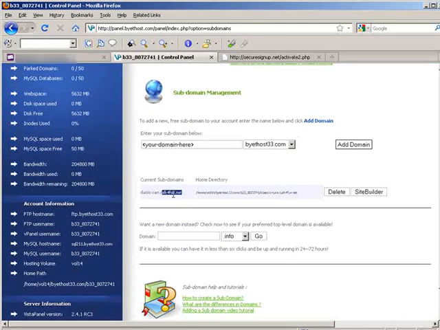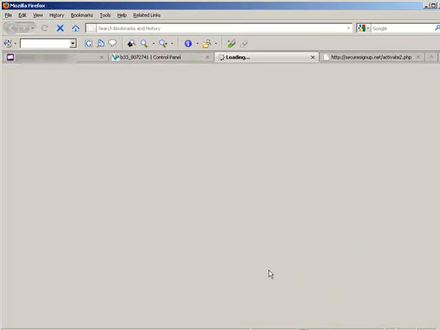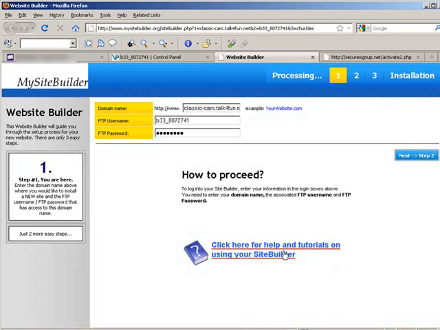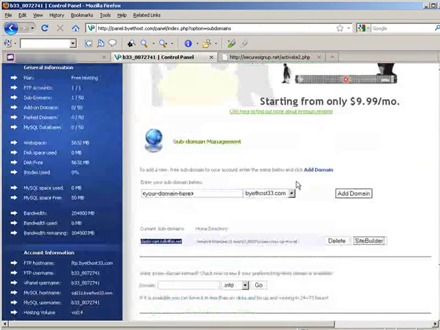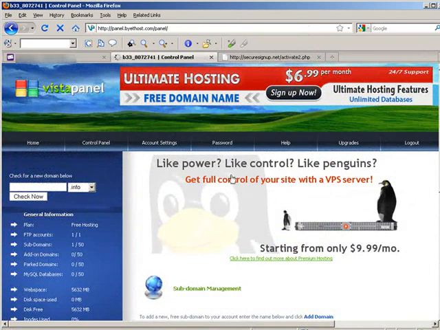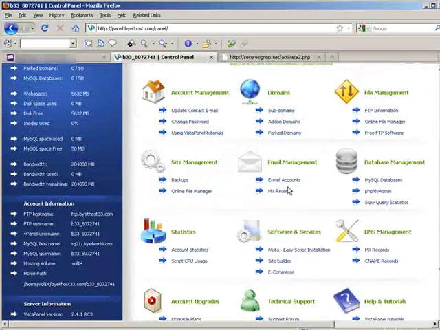Okay, and here it is. So I've set that up, and I can now go upload my files up to there or use the built-in site builder. Okay, and then I can use the site builder to build my site from there. Okay, and then it also has, as you saw, SQL databases up to 50. So you can use SQL databases. You can install WordPress on here